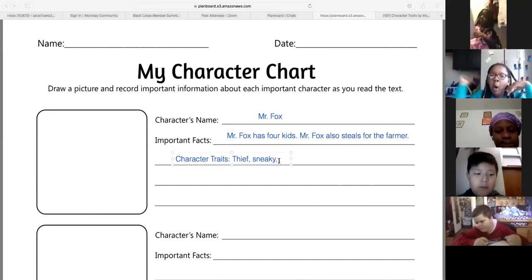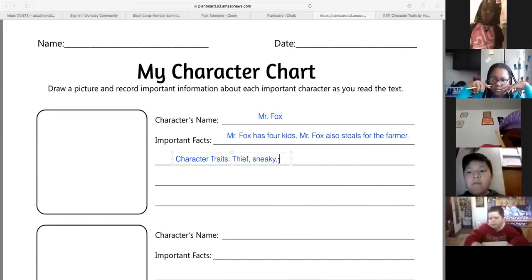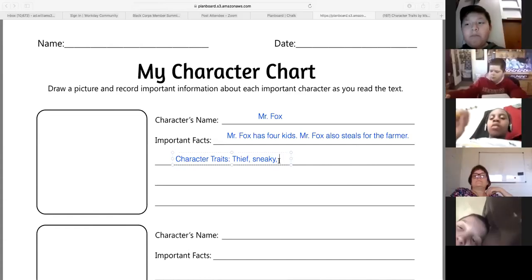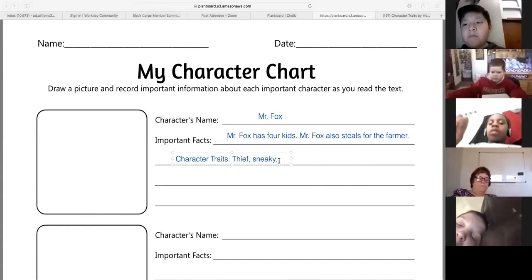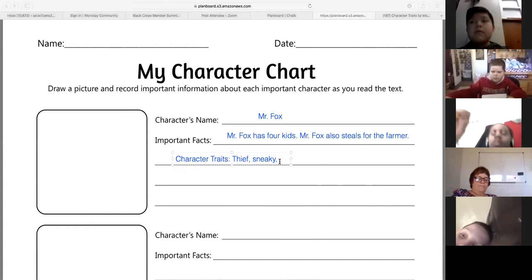I was also going to say sneaky. Okay, so you were going to say sneaky. Okay, I want to actually add a character trait because I feel like we're thinking of Mr. Fox as just being a bad guy. And I think that although maybe he is sneaky or maybe we think he's a thief, what about him being,